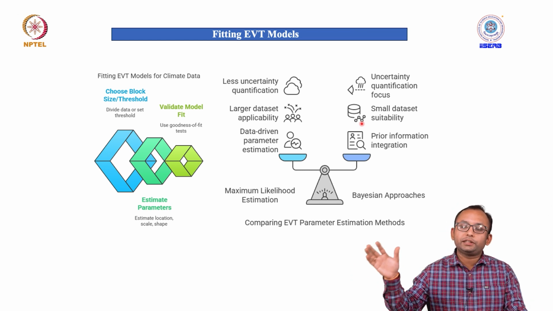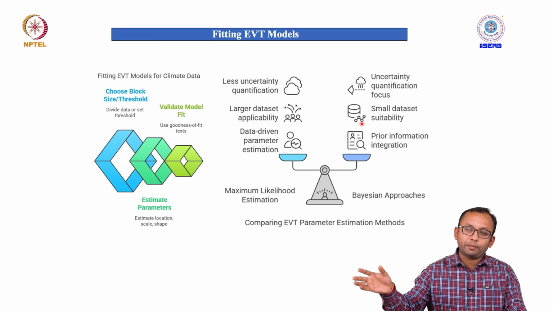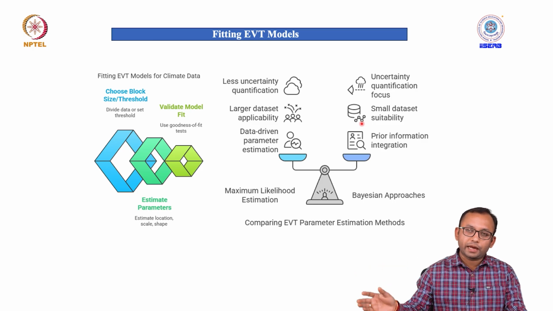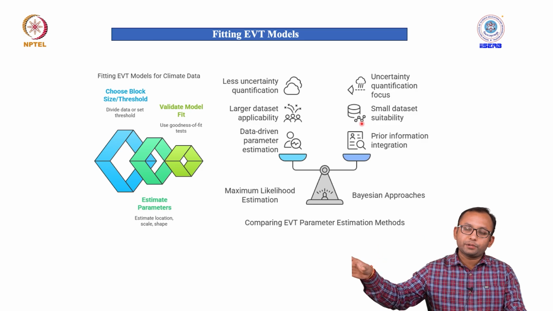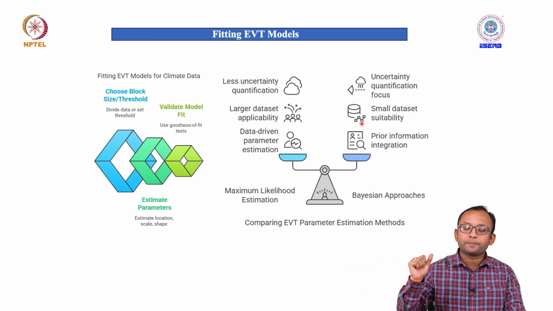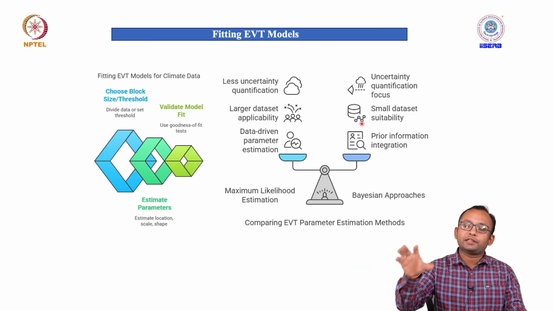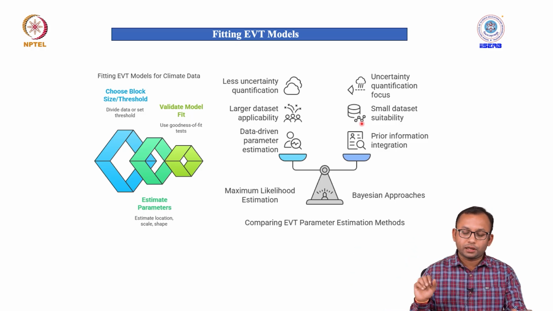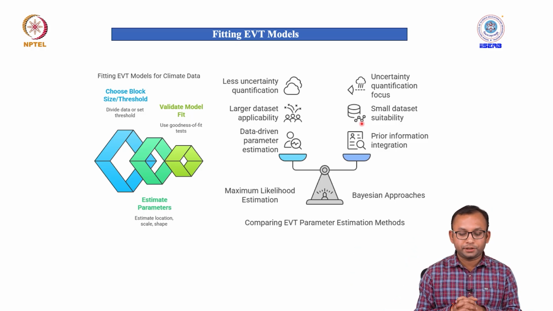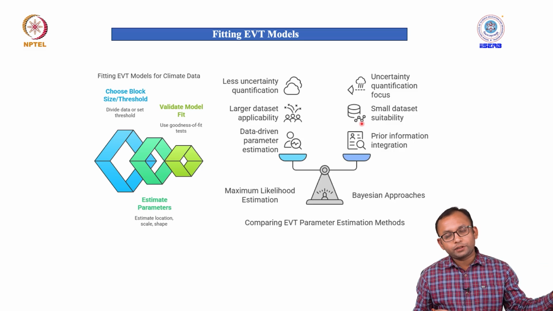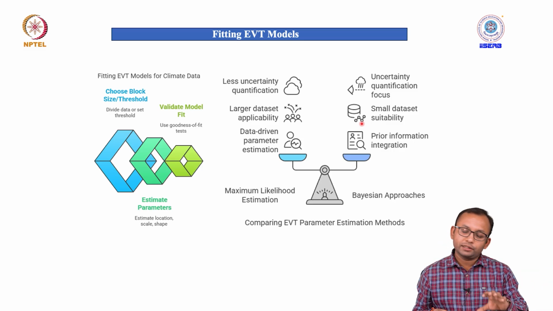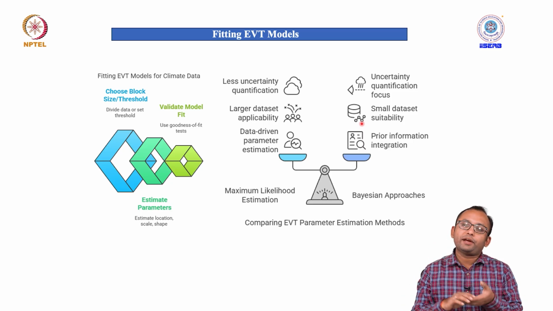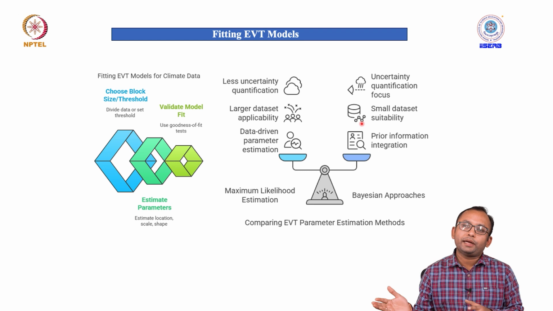Similarly, we have GPD distributions, where we are using some parameters, and those parameters basically describe whether we have heavy-tailed distributions, light-tailed distributions, or moderate-tailed distributions, and based on that we classify our distribution types. So, if the data set is originating from the block maxima approach, we generally use the GEV distributions, and we fit the data into the GEV model, and then we try to identify the probability and magnitude